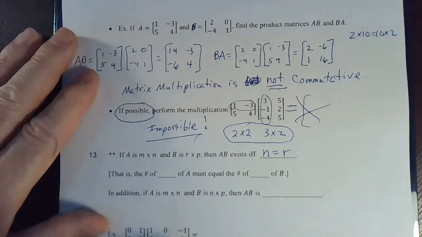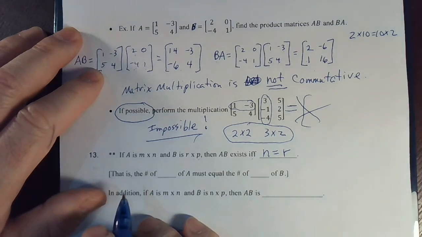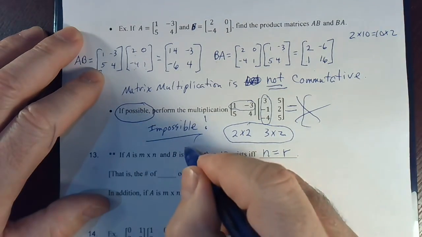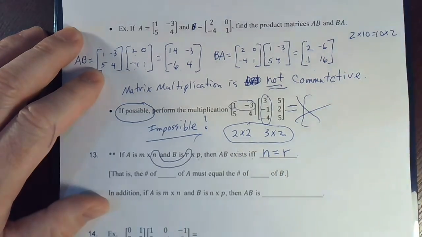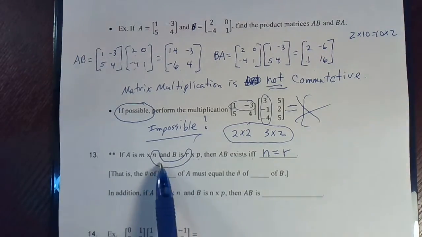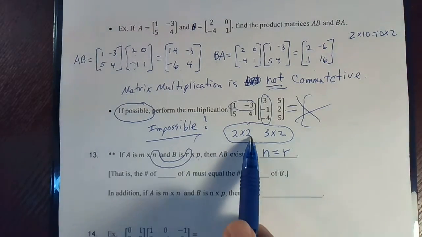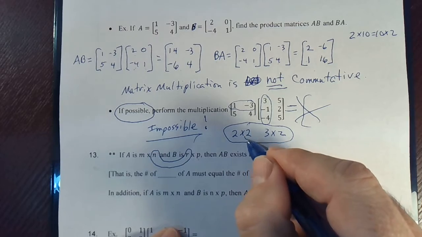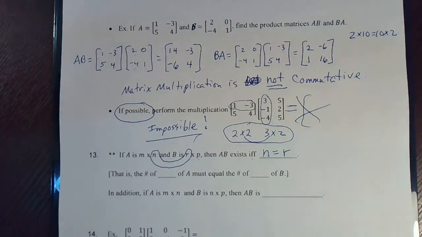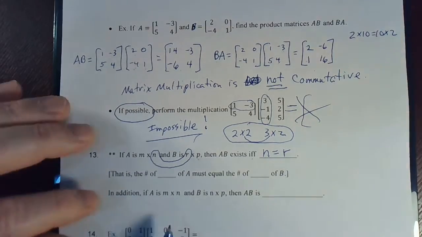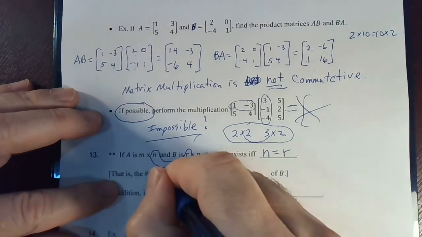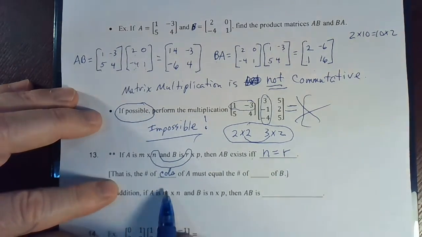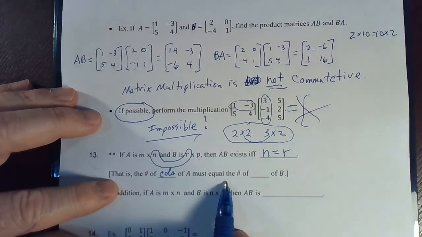Okay, another way to look at this, and it's easier to memorize, is that the 2 numbers I'm circling, with some words in between them, those 2 numbers, the inside numbers, have to be equal to each other. N and R have to be equal. Is it equal here? Absolutely not. We have a 2 and a 3 on the inside. They're not equal. You can't multiply them. So in other words, what was N? N was the number of columns of A. So I put C-O-L-S, columns of A must equal the number of